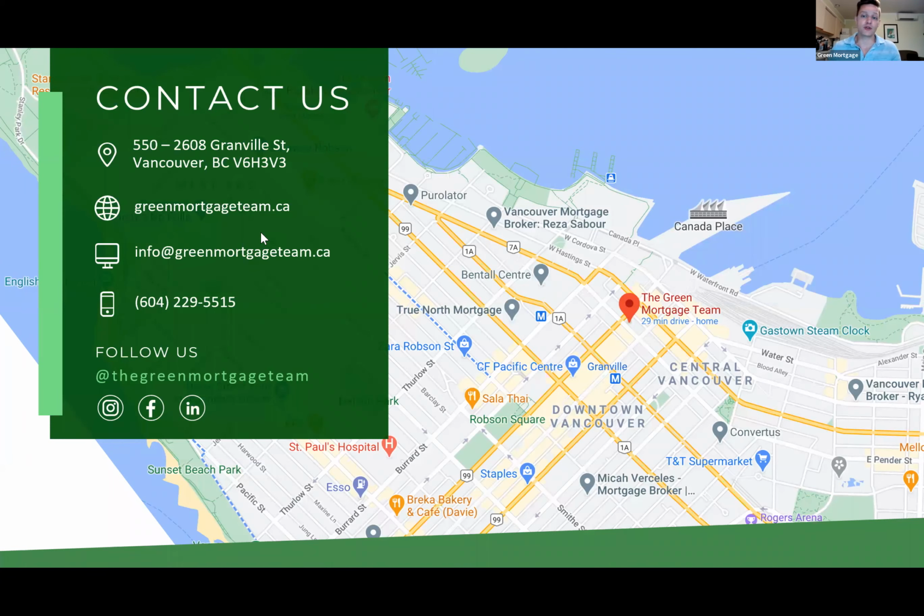Question, can you obtain a construction loan for a sixplex in Ontario? Yes, you can. So that's something that you can go through CMHC if you want to. It's a bit small for CMHC, and a lot of lenders won't do them because of the size. A lot of the time, instead of going through the CMHC program, we end up going through the conventional commercial construction programs, just because a lot of the lenders that deal with the CMHC loans are $5 or $10 million and up in general,